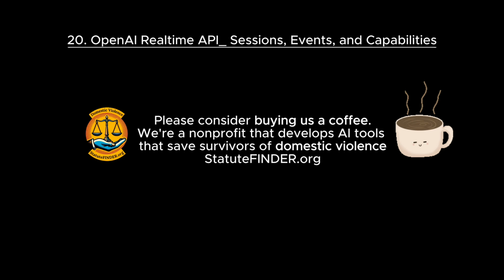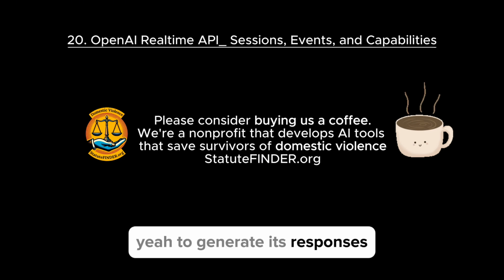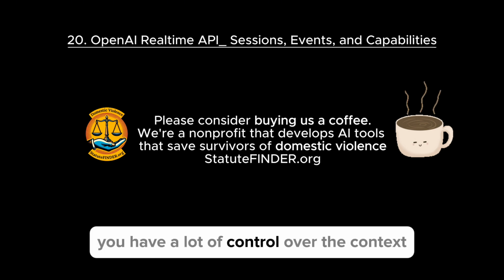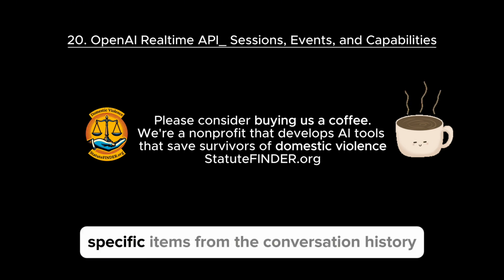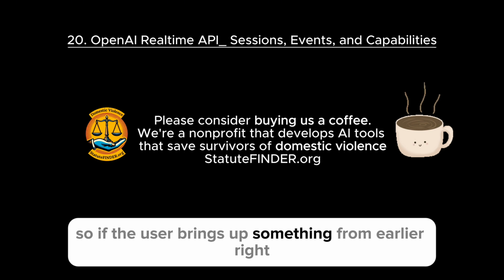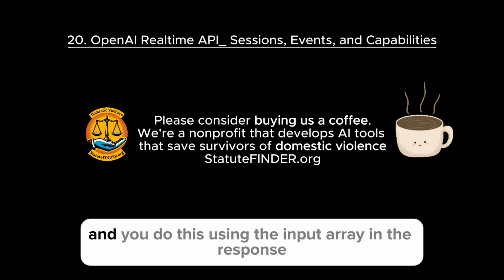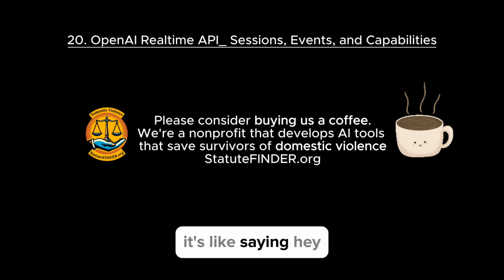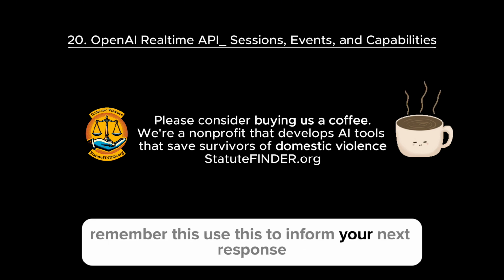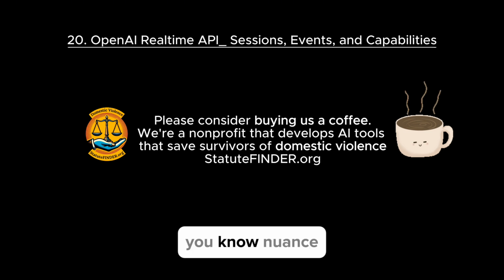Exactly. So speaking of information, what about the context that the model uses to generate its responses? Can we get that granular? You have a lot of control over the context. You can actually reference specific items from the conversation history to tell the AI to focus on particular points or pieces of information. So if the user brings up something from earlier, I can be like, hey, AI, remember this part. Exactly. And you do this using the input array in the response.create event. Gotcha. It's like saying, hey, remember this, use this to inform your next response. Wow, that's really powerful. It is. It allows for much more nuance